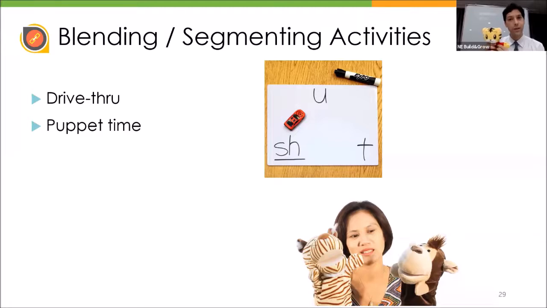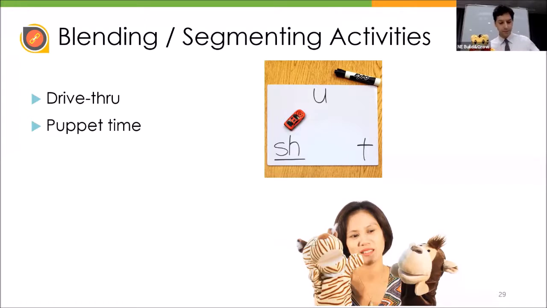So now for segmenting, right, the idea is very simple. We're going to introduce our character. So this is a tiger. His name is Hobie. And Hobie has a problem. Hobie wants to talk, but he cannot say the whole word. He can only say the sounds. So it's very hard to understand Hobie. But here in the phonics classroom, we are very good at phonics, so we can translate what Hobie is saying,